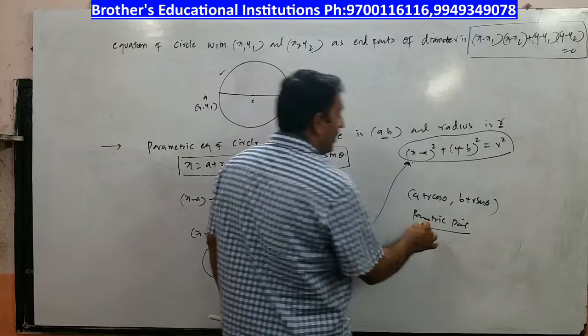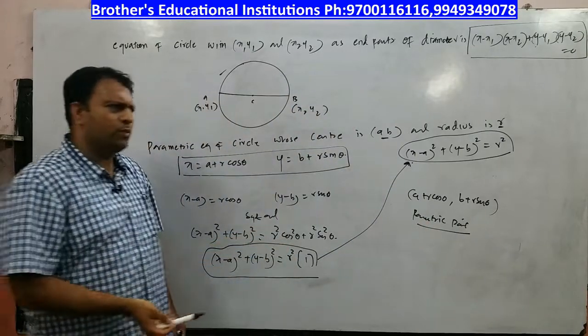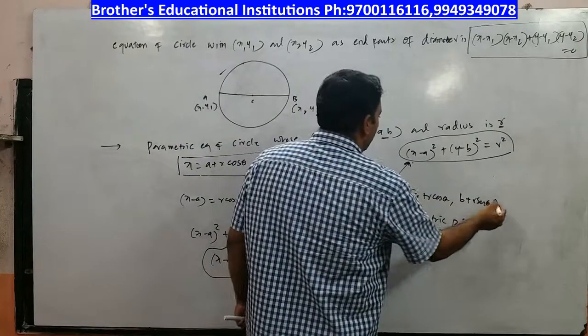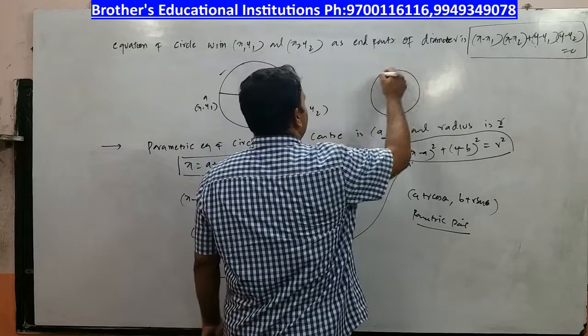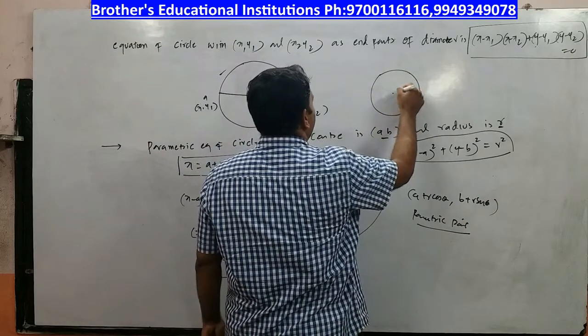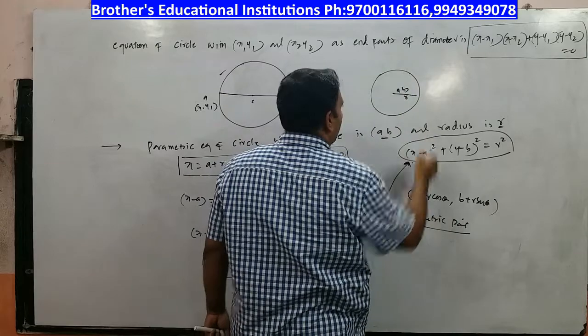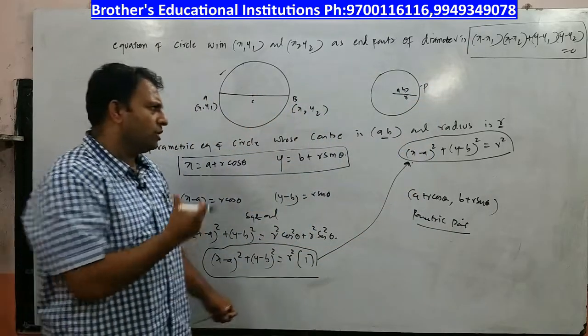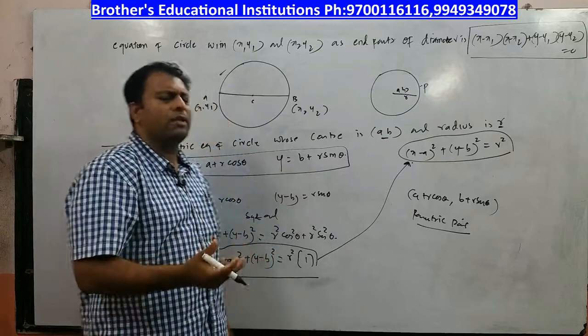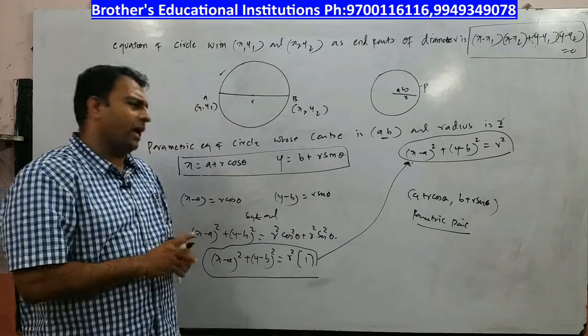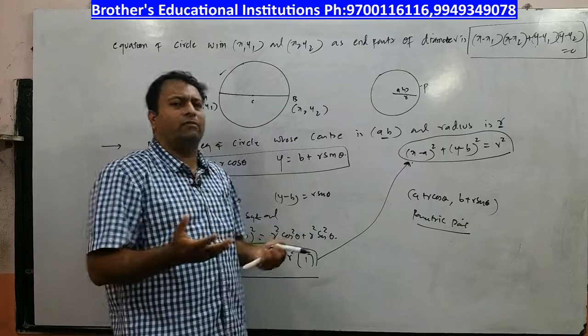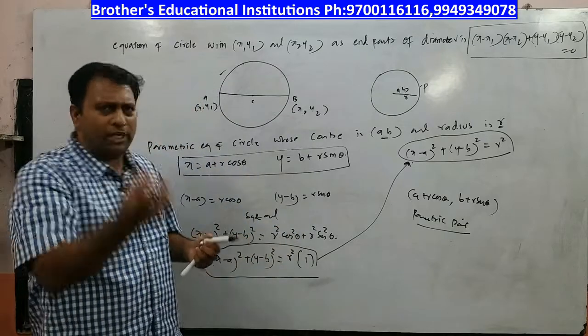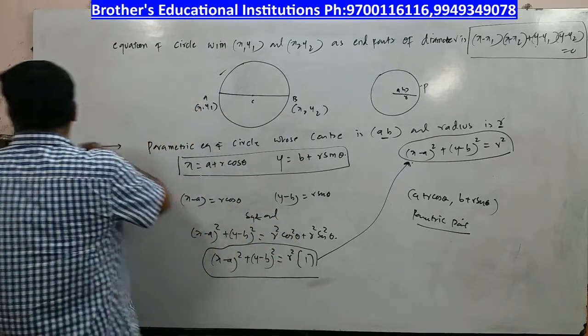What is it called? Parametric point. Parametric point means what? Any general point on the circle. For any circle with center (a, b) and radius r, you can call this point P the parametric point. Any point, right? So this is also a very, very important concept. You get VSCQ questions based on this. I want you to pause the video. Meanwhile, we'll go for the next concept of notation. Alright, so let us move forward.